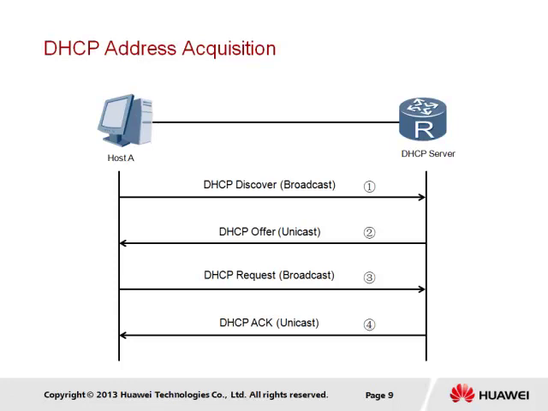Whether a reply is sent as a broadcast or a unicast comes down to whether a broadcast bit is set in the DHCP message header. Typically, however, we find that this broadcast bit is not set in VRP, and DHCP offer messages are sent as unicast. The client will accept the DHCP offer based on the first offer received, where offers are sent from multiple